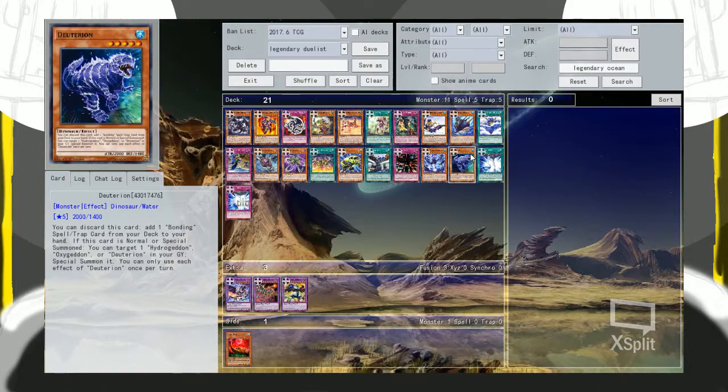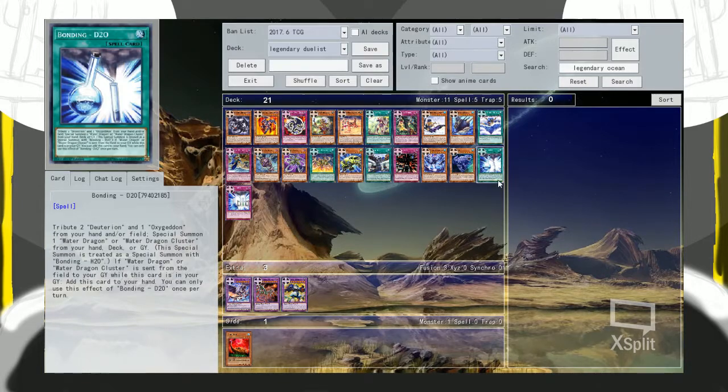Even though summoning him is probably not the main point of this guy, because his first effect, discard to add 1 bonding spell or trap to your hand, is already good. Even though his summoning effect is kind of cool because as soon as he's normal summoned you get all 3 of them. You get all the Geddons. And they're new, like bonding H2O, you can contribute